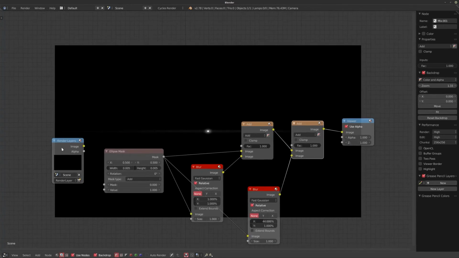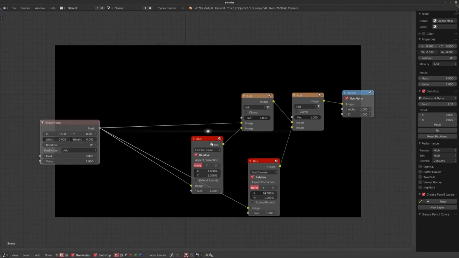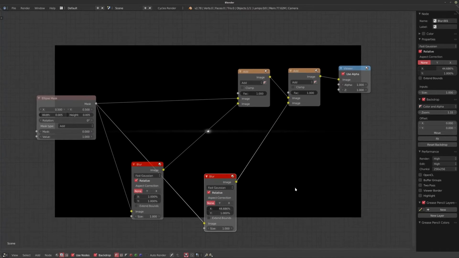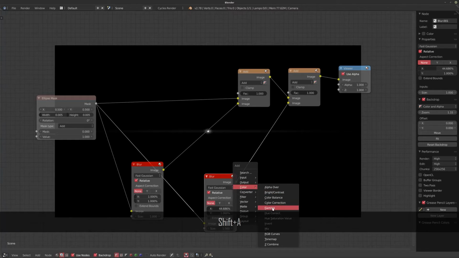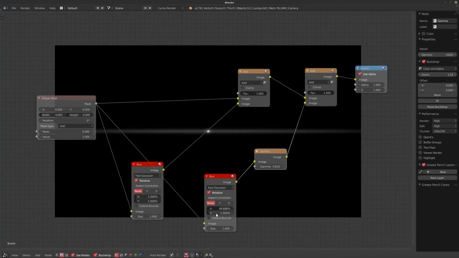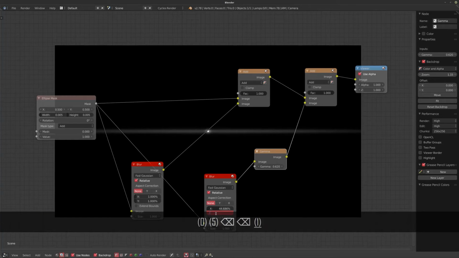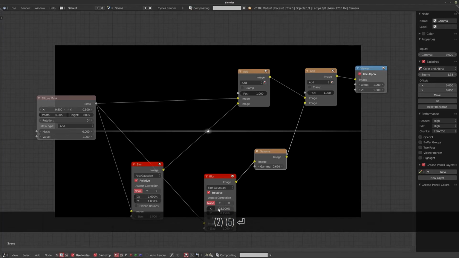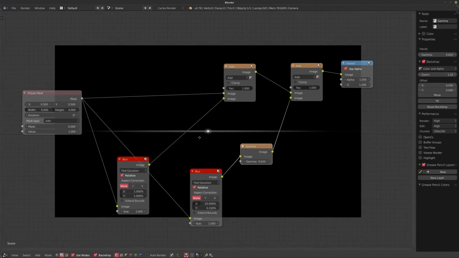Now the hardest part about creating these kinds of effects is actually trying to get them to look right and trying to make them look very bright and interesting. So generally what I tend to do is add in a gamma node after this and just pull the gamma down a little bit. And it's just a case of looking at it. There we go. We get a nice wide streak. You can change the size of the Y blur a little bit, so it becomes more of a finer streak. It's not as blurred out in the vertical direction. Go back to 25%. There we go. We already have something that looks quite interesting.